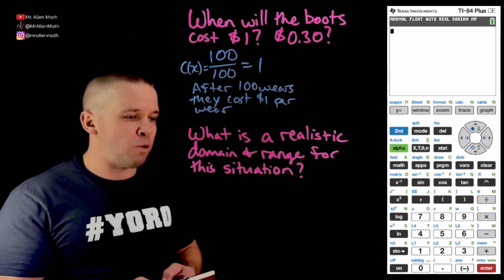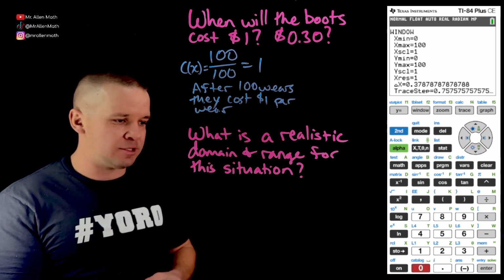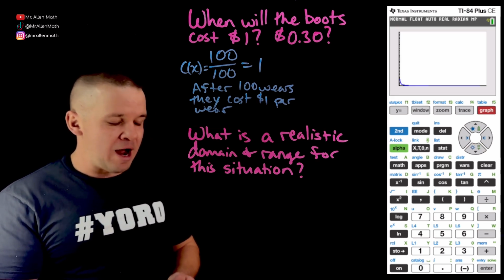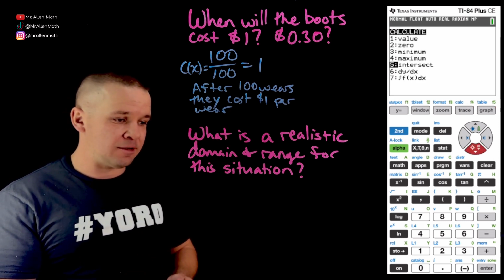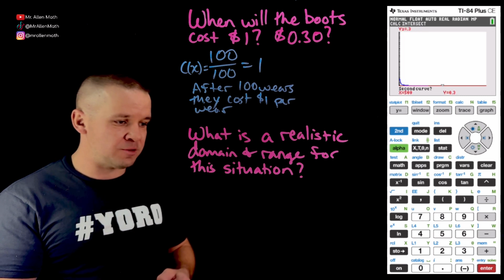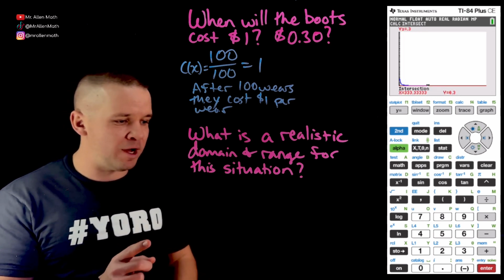All right, so let's quit. We'll go back to our window here. I'm going to adjust my X max. I'm going to go to like 1,000, you know. We'll graph it. Now, let's see, second calc, intersect. We're going to hit enter on the first blue one, second one, hit enter again. Boom, there we go. Okay, so it was out at